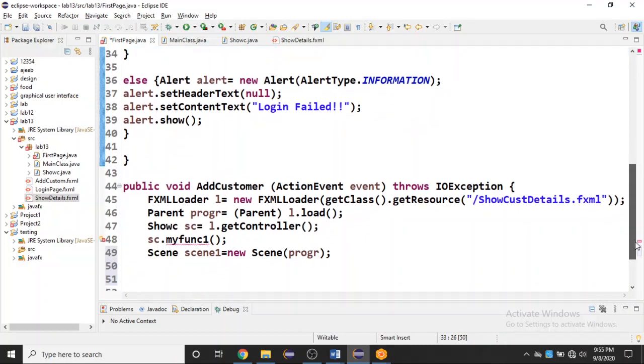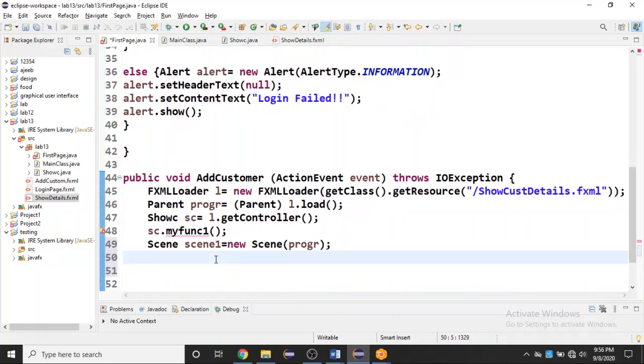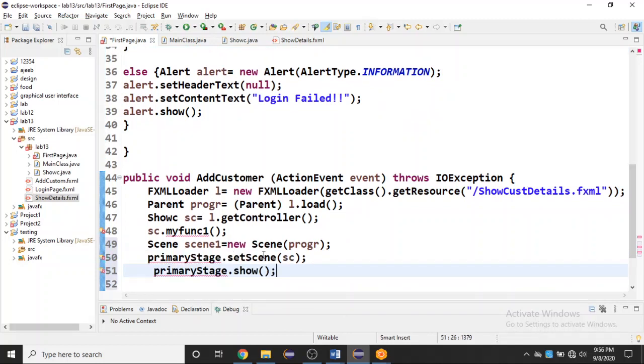So using this same object, now we have to pass scene 1.